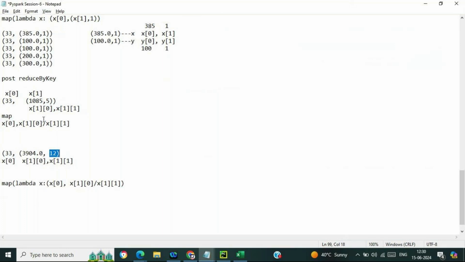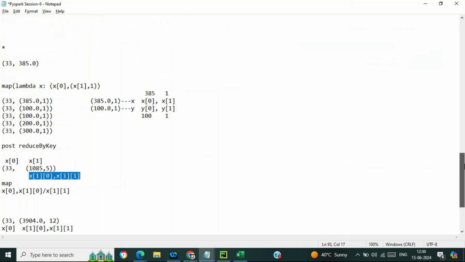And reduced by key will not provide the correct outcome if we are passing the elements in this particular way. If we are having two elements in the value, or three elements, we need to think in that particular way, and we need to think about the indexing mechanism.